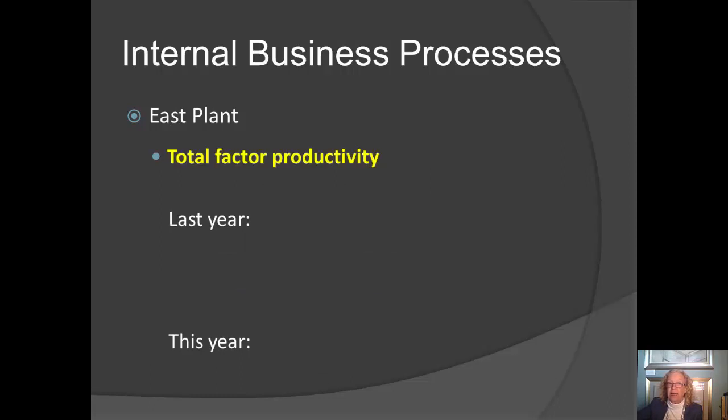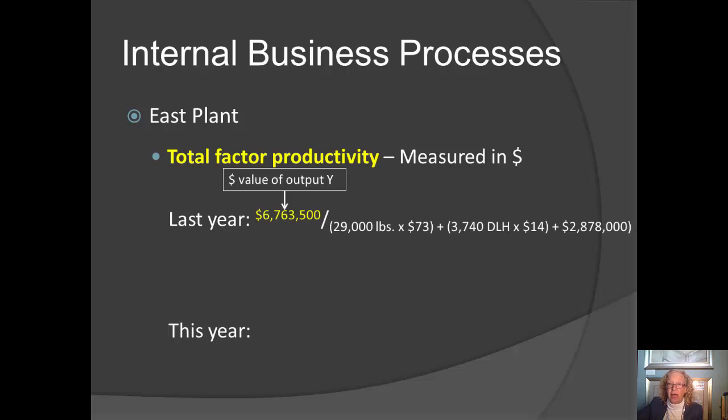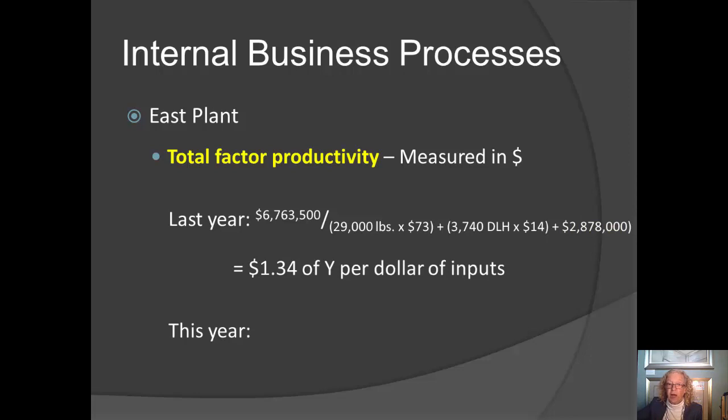Let's look at the East plant's total factor productivity. Here we have to make sure to consider everything in terms of dollars because we have two different inputs, materials and labor. To do this, we're going to take the sales value of our output, that is, the number of pounds times the selling price per pound, and we're going to divide it by the total of our cost of materials and the cost of labor and the cost of overhead. When we do that, we find that we got